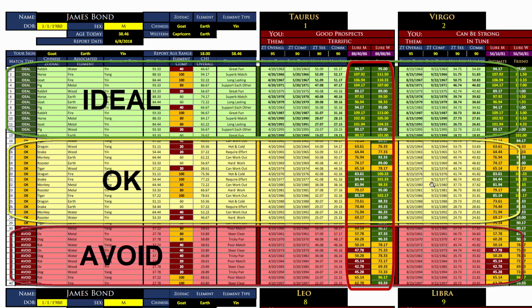Now let's talk about the avoid section. We understand based on our studies of the Eastern astrologies that these are the signs of the Eastern zodiac that are least compatible with the zodiac sign for which this report was made. So James Bond's Chinese zodiac of the goat is least compatible with the rat, the ox, and the dog. So those are the three Eastern zodiac signs that James Bond should consider limiting his time with,